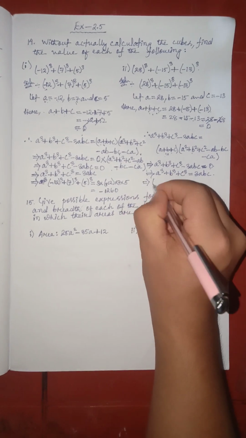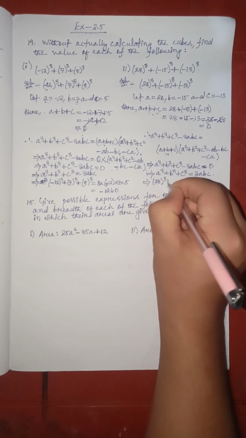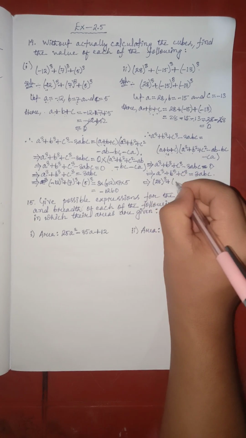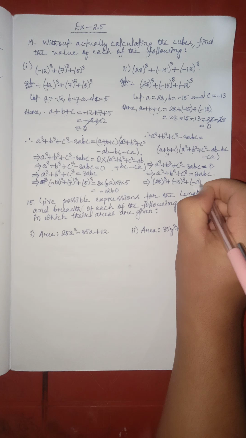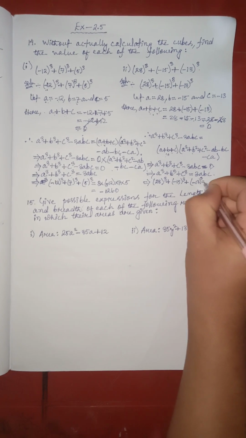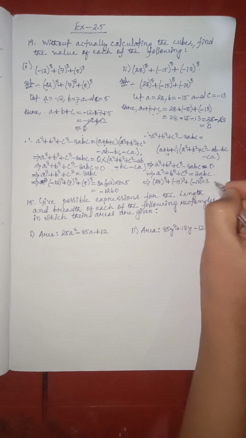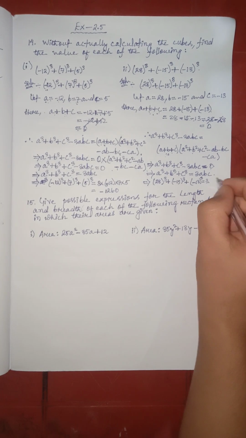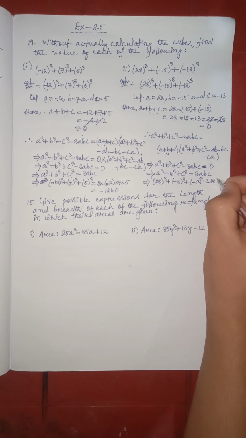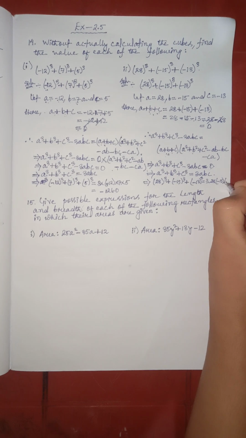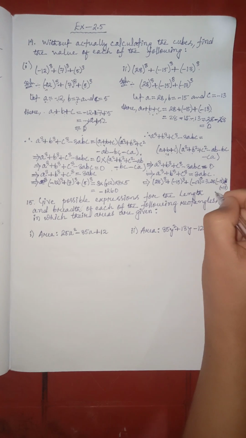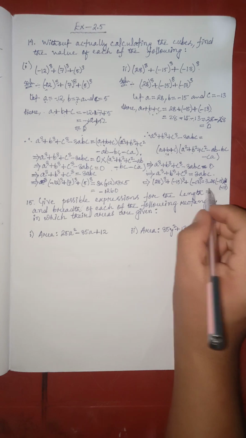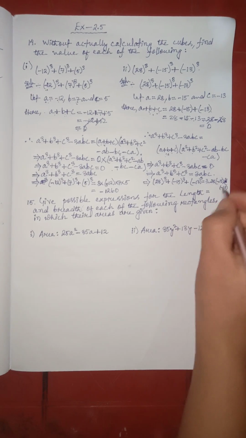What is the value of a that we have in this? It is 28 cube plus, what is this? It will be minus 15 cube. And then what is that? Minus 13 cube, right? And then what is this? Here we have 3 and then 3abc. What is the value of a? It is 28. And then what is the value of b? It is minus 15. And then what is the value of c? It is, let us write here, it is minus 13. There. Now if you multiply all these things, then it will get